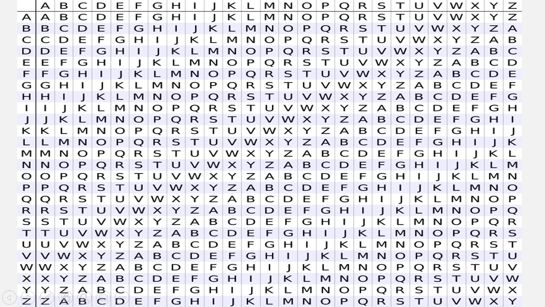And this upper row, basically this A to Z, is referred to as plain text. It's not part of the table, and this column is used by the key. We'll see how to use this table in order to get the cipher text and then plain text. But here what I am trying to say is that this row is used by plain text, this column is used by the key, and in between there are 26 by 26 combinations of characters, and they are used to get the cipher text.